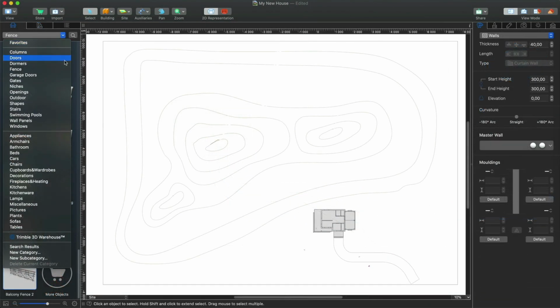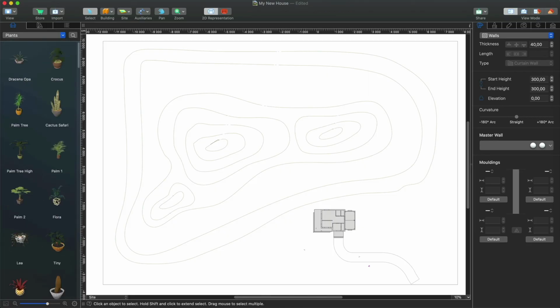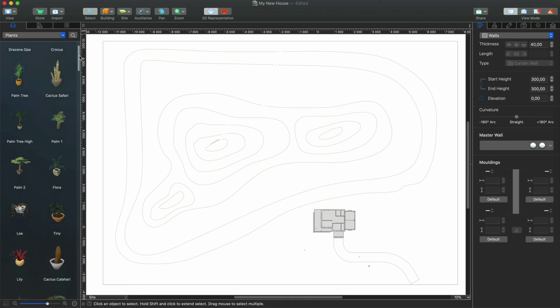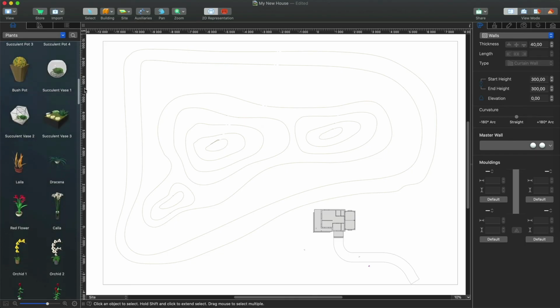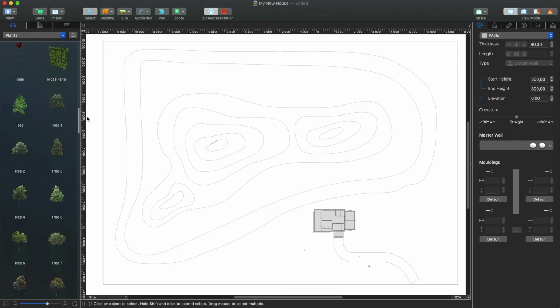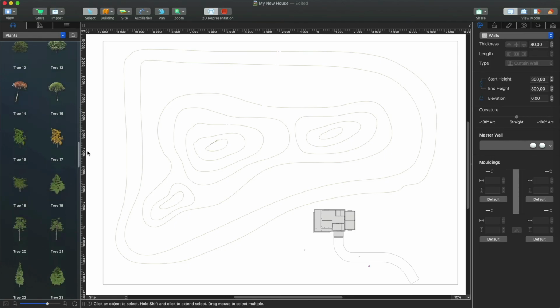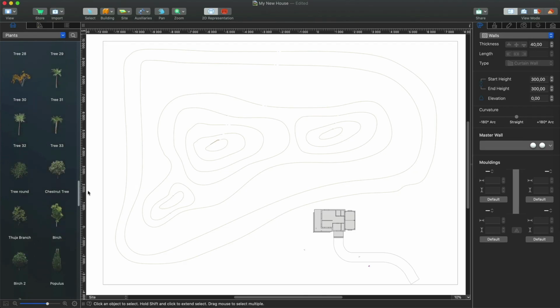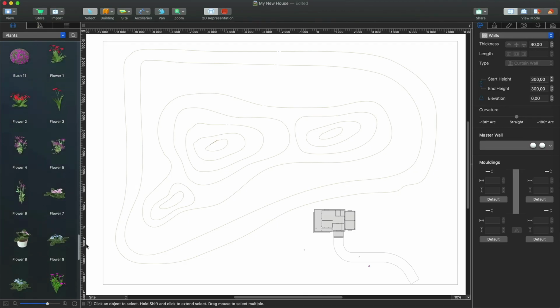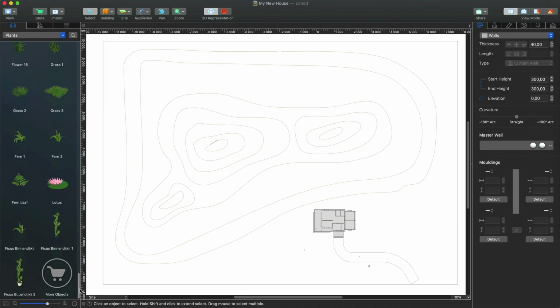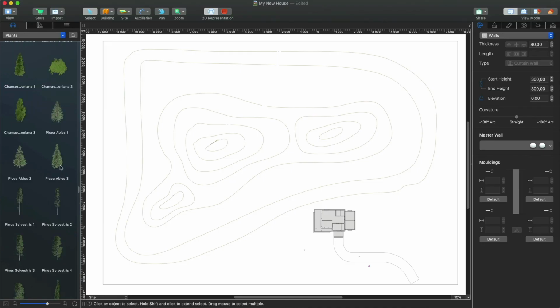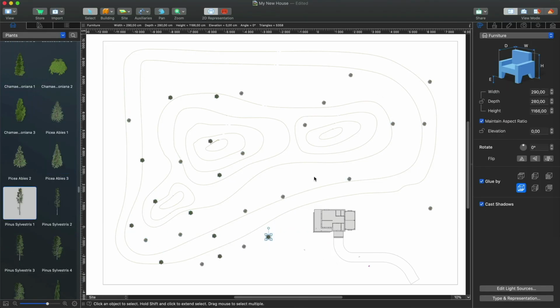Now the only thing left is to add trees on the hills. Go to the Plants section of the library. You'll find house plants as well as outdoor plants and trees. In addition, we can offer you a collection of more than 300 models, including plants with seasonal changes, so you can plan the exterior of the site according to your favorite season. Drag plants from the library and drop them onto the plan and resize them if necessary. You can group them at your discretion.